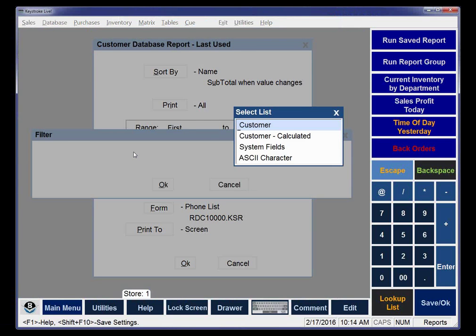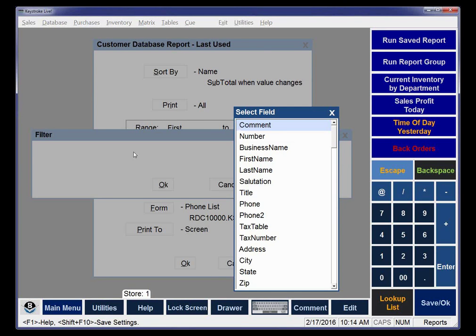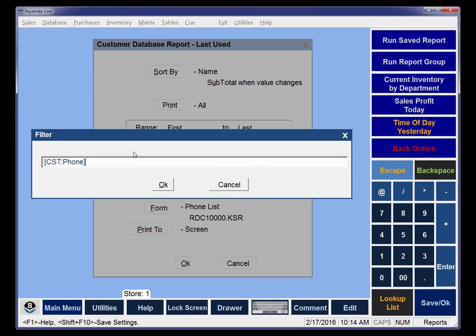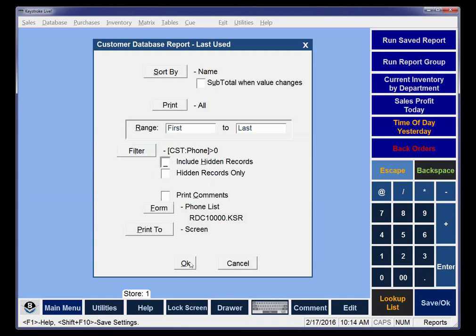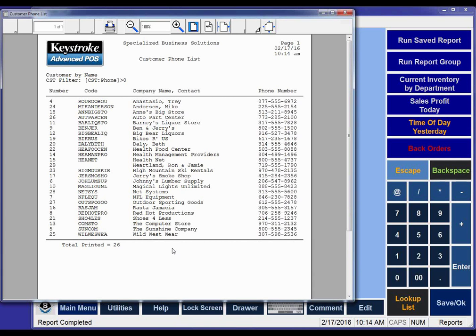Again, hit insert, say customer, and then I can move down or I can hit the letter P. It'll take me down there. Select phone, and I'm just going to say is greater than 0. That means it's not blank. So I can go and select that, and now when I run the report, same report, but it's removed those